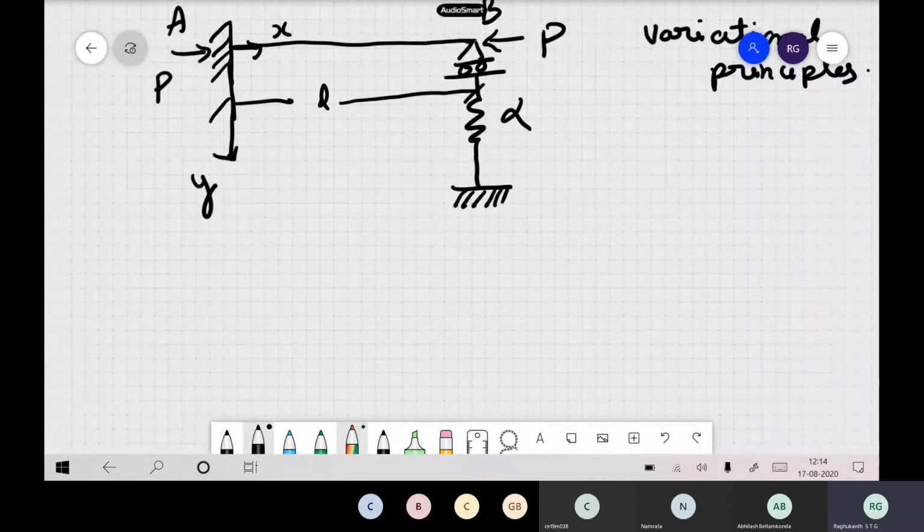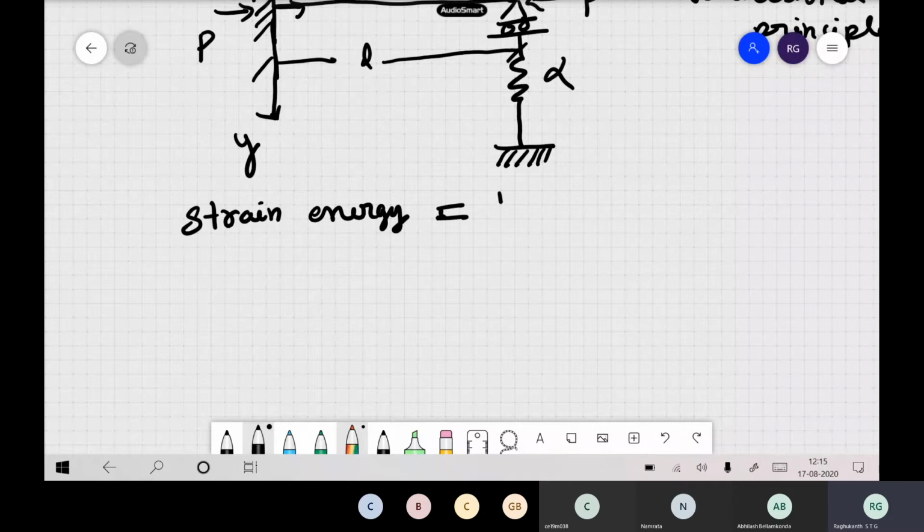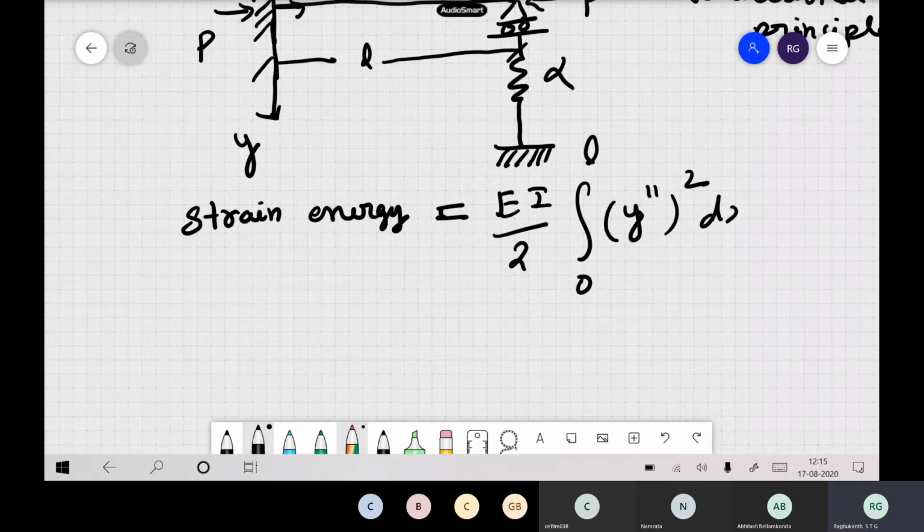Now, since we are interested in buckling, last class we already said that initially when the load is very, very small, only axial action will be there. When P is equal to PCR, then the bending comes into the picture. The bending comes and the strain energy you have to write only for the bending. So the strain energy stored in the body in this problem can be written as EI by 2, the bending one, because we are interested in buckling, so y double dash whole square dx.